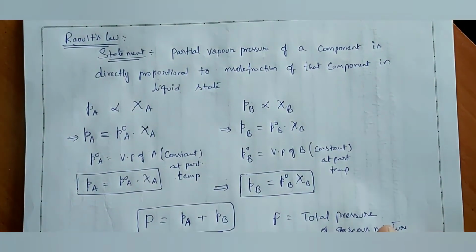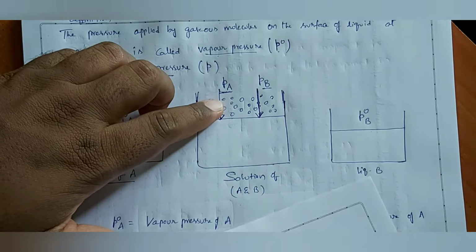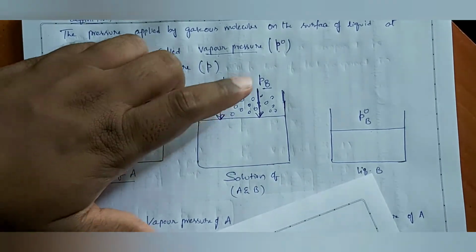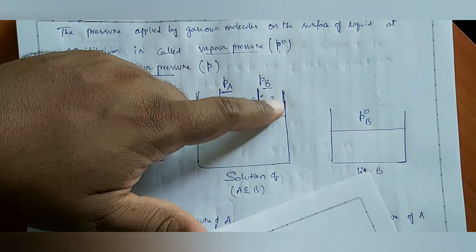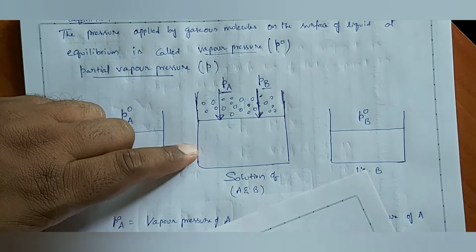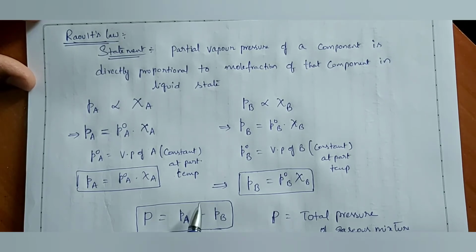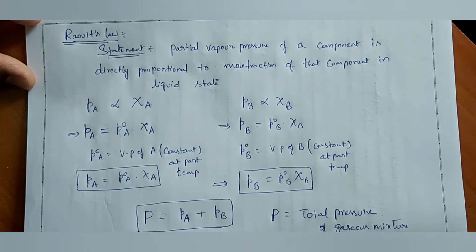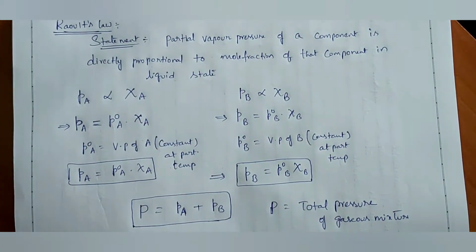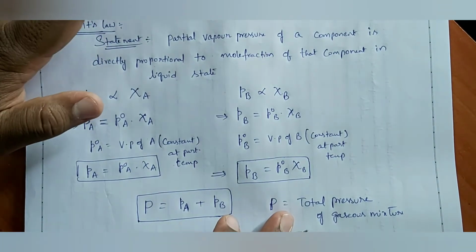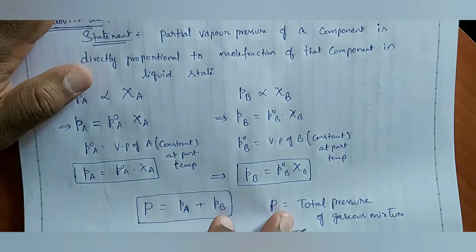And then immediately you can ask, sir, automatically Pa and Pb are the two components which are present in the gaseous state. That means the partial vapor pressure of A and of B are only in the gaseous state. Automatically the total gaseous pressure must be equal to Pa plus Pb only. Why are we getting another condition? Here you are only saying that the solution which obeys P equal to Pa plus Pb is following Raoult's law. Don't think of that one. I will say the conditions where capital P may not be equal to Pa plus Pb.